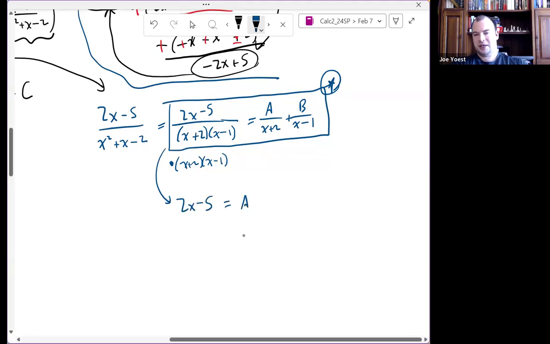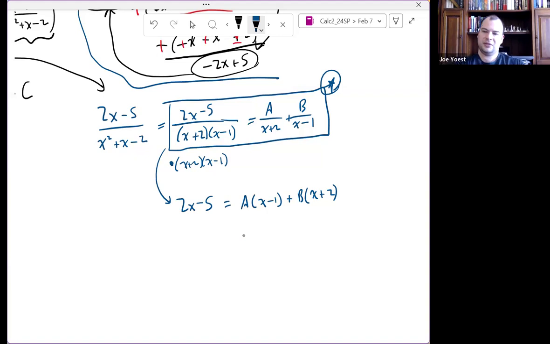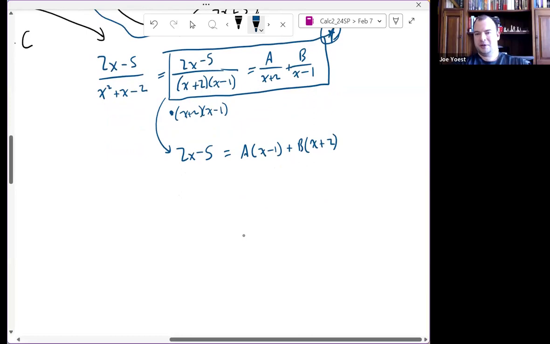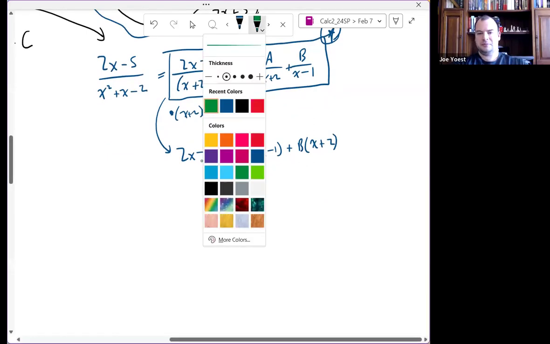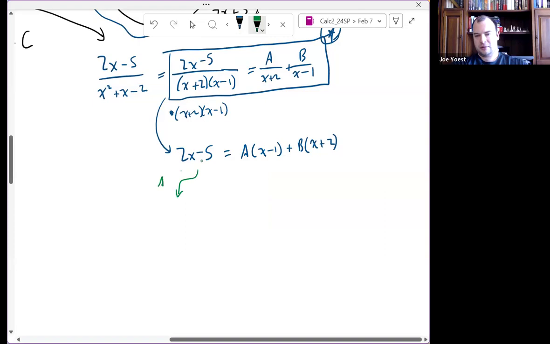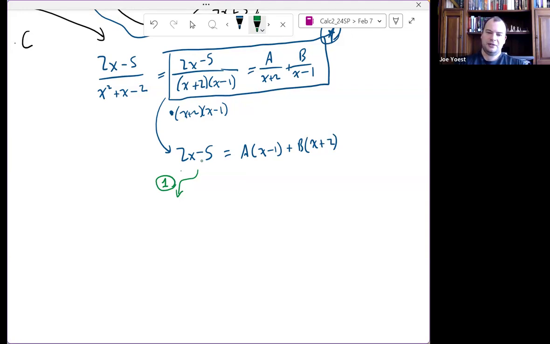And this would give me 2x minus 5 equals A times x minus 1 plus B times x plus 2. Okay, so I have a simpler relation between these bits. And there's kind of two approaches I can take here. I'm going to go through both of them. I was going to call it method A, but we'll call it method 1 because we've already got an A floating around. So method 1, I know that with polynomials, if I have polynomial equals polynomial,